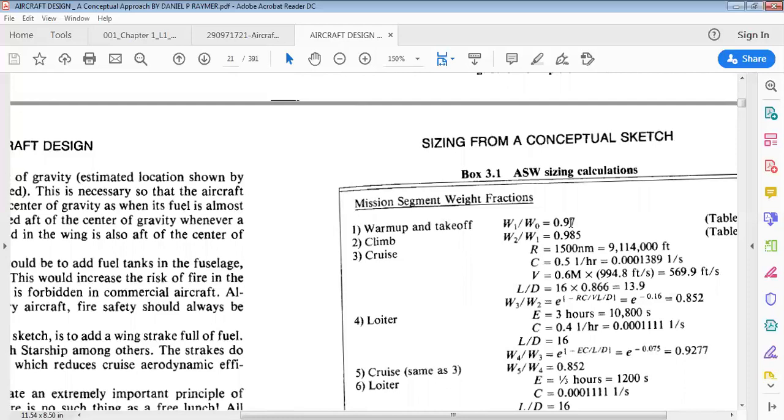We are taking directly from the empirical data, whatever we did in previous experiments, into consideration. Okay, you remember this much, and we'll discuss further whatever things are there. We have to know these things. They are very fundamental things required to design an aircraft. Clear? If you have any doubts, let me know. Okay.